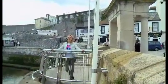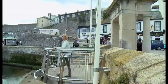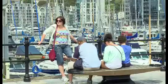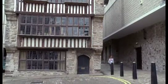Here you can see the point where the Pilgrim Fathers set sail for the New World at the Mayflower Steps, and this monument commemorates it. Every year, Plymouth plays host to many Americans who travel here to celebrate Thanksgiving in Plymouth. Visitors can see the Mayflower Steps and tour the historic Barbican, as well as taking in the many other sights